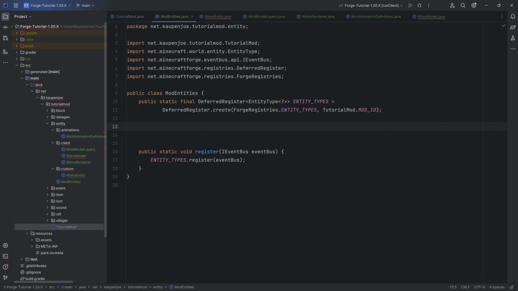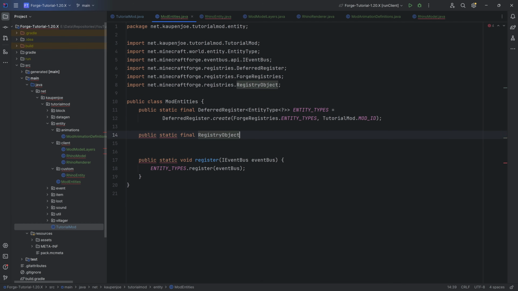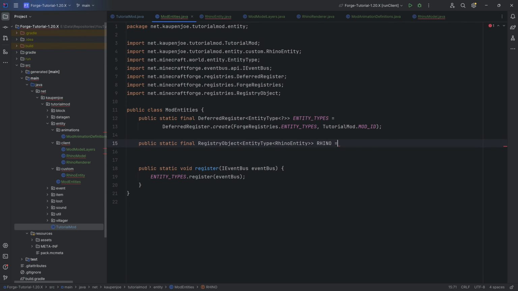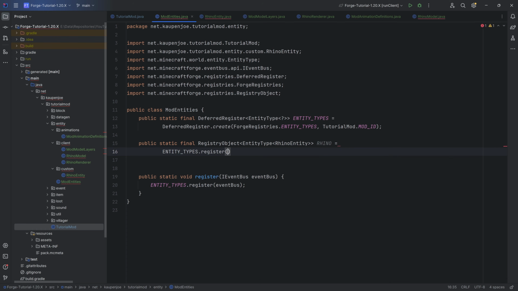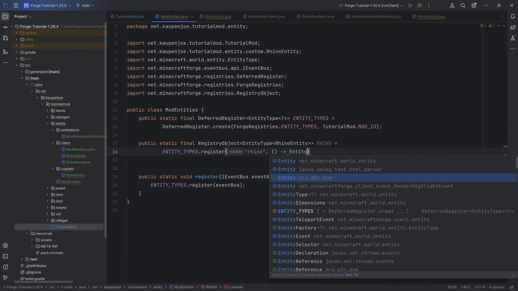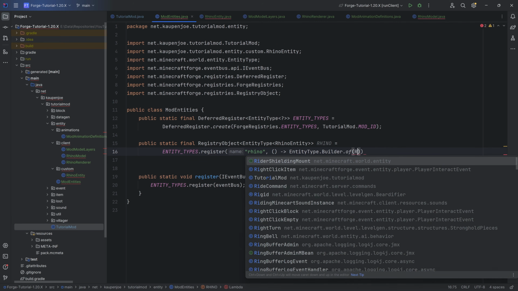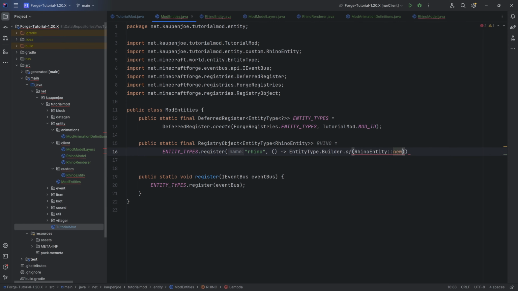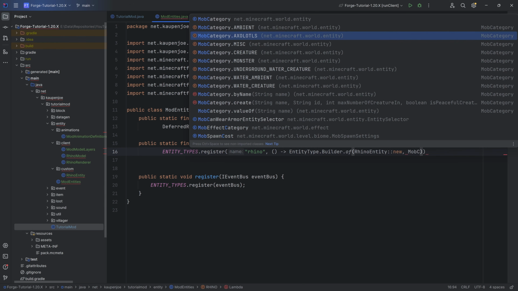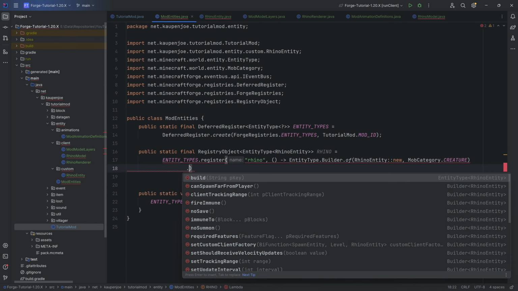And now to registering the actual entity. This is a public static final RegistryObject of type EntityType of type RhinoEntity. And it's going to be the RHINO equal to ENTITY_TYPES.register. The first parameter is the name, rhino, and then a supplier of EntityType.Builder.of, passing in RhinoEntity::new, comma MobCategory dot, and this would be, let's do CREATURE, after the first closing parentheses dot sized,